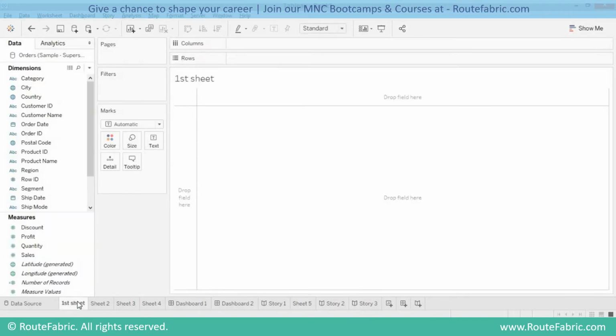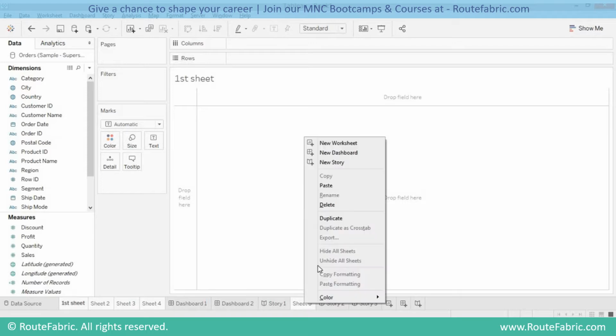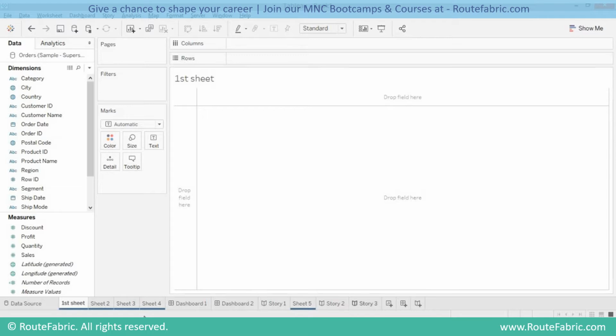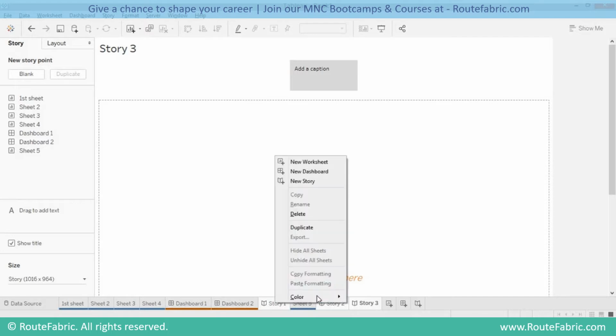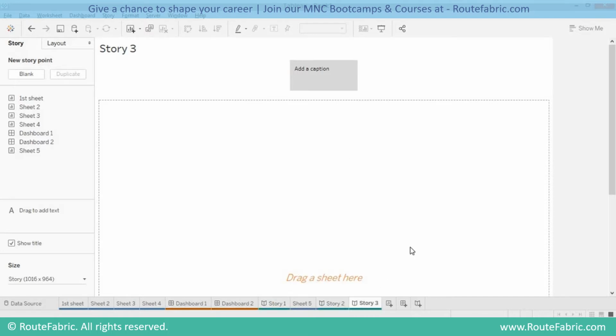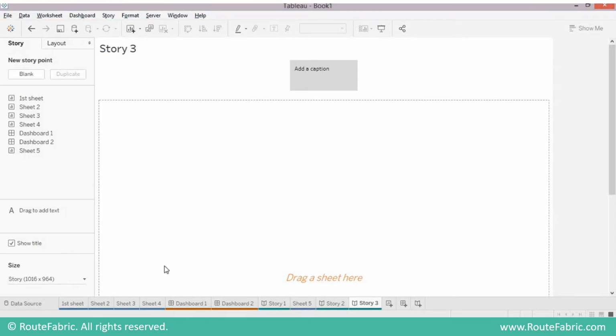I'll hold down the control key and select all the worksheets, right click and say color. I'll give blue color to my worksheets. I'll do the same to my dashboards and give brown color to them. So it becomes very easy to distinguish which is what, and we can work on it without any confusion.